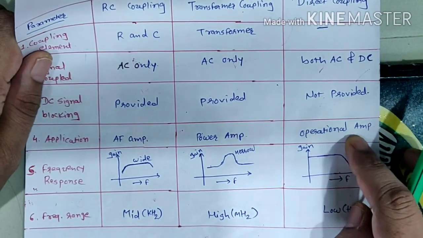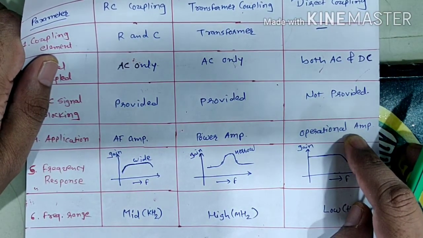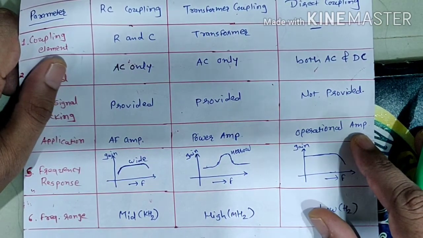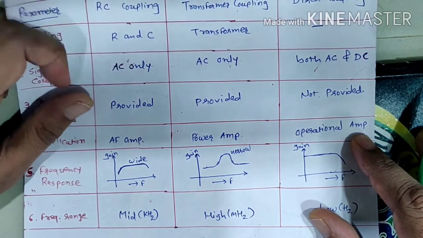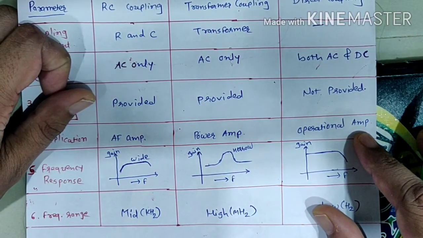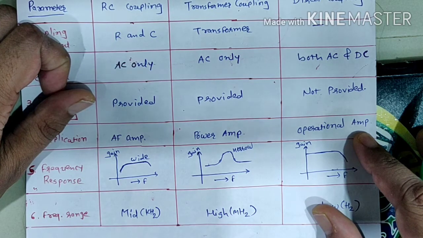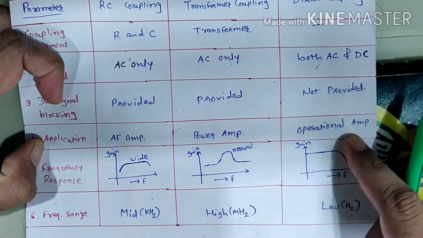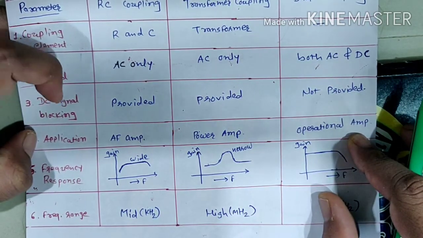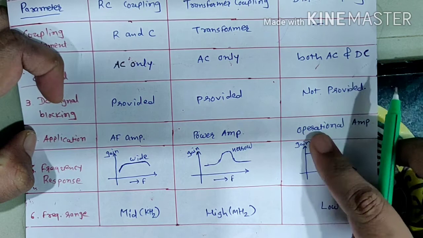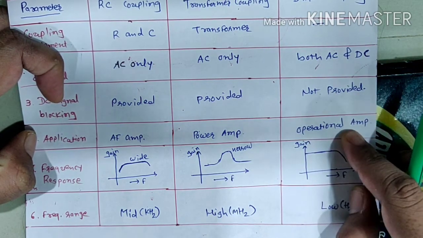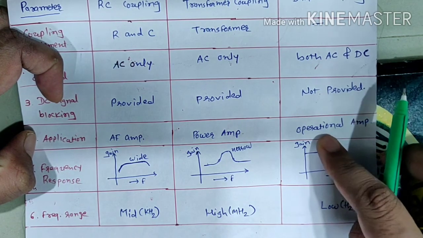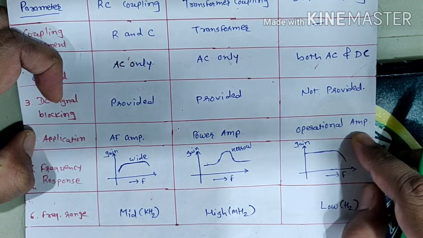Direct coupling is generally used in the differential amplifier, which is called the op-amp, operational amplifier. The operational amplifier is used to amplify signals from 0 Hz, or DC, up to several Hz. To provide a constant response down to low frequencies, the primary stage of the operational amplifier uses direct coupling, and it is inside the operational amplifier.